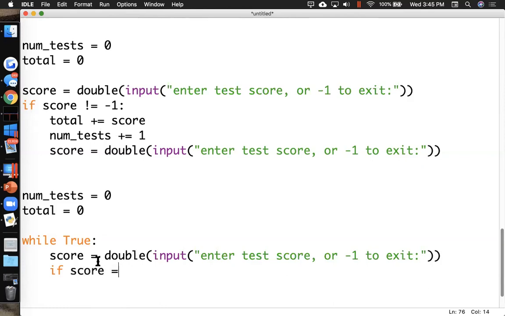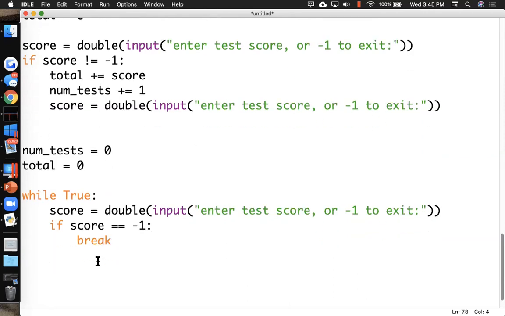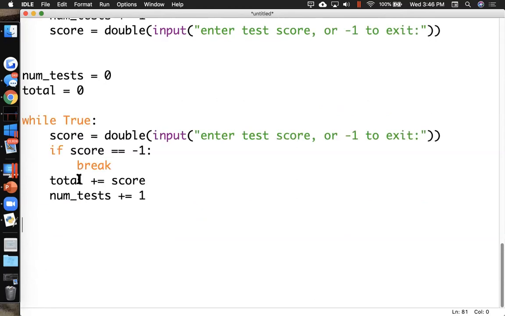If the score equals -1, then break. Otherwise, we can go ahead and add it, right? Total plus equals score, and then num_tests plus equals 1, right? Hope that makes sense. And then calculating the average is as easy as dividing the total by the number of